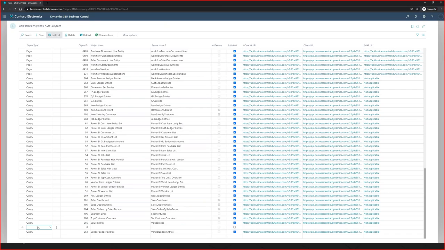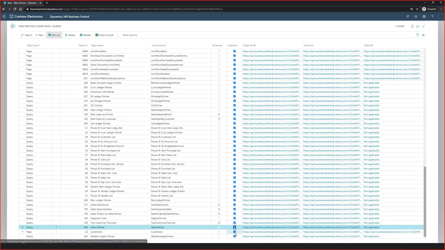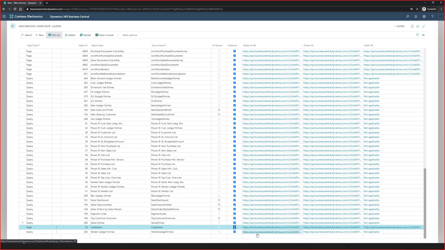So I'm going to say we want a page. I know the page is 22. When I put it here, it puts Customers on here, and then I'm going to call it Customers. If you leave it just like that, it's going to create your entry. But if you never click publish here, the user will never see it. Once you click publish and you leave the record and it updates, it gives it the OData URL. This URL is very important, and we'll talk about this URL in just a minute.